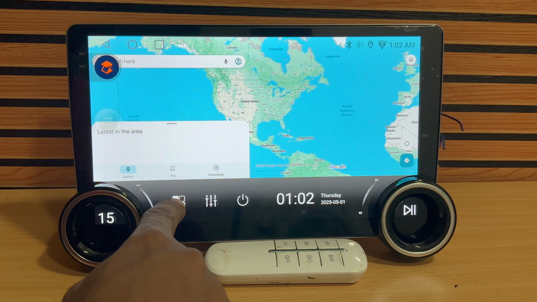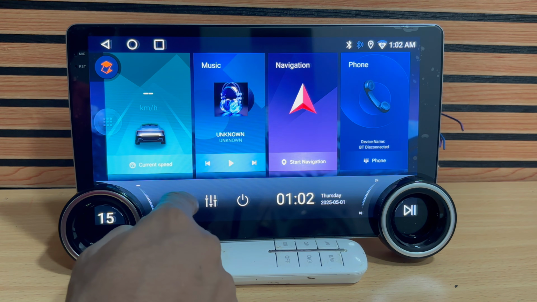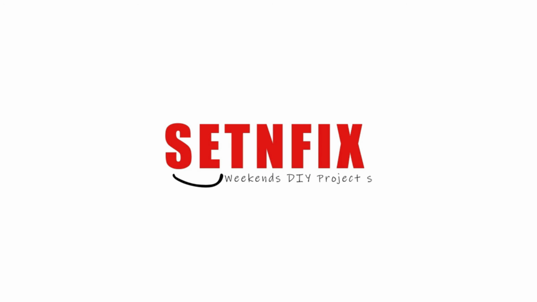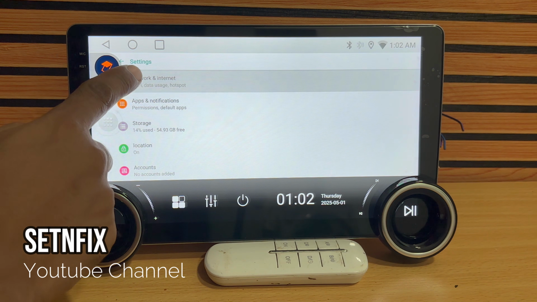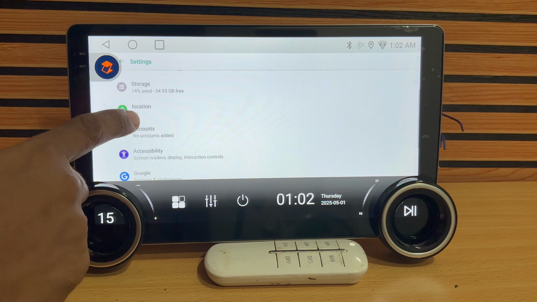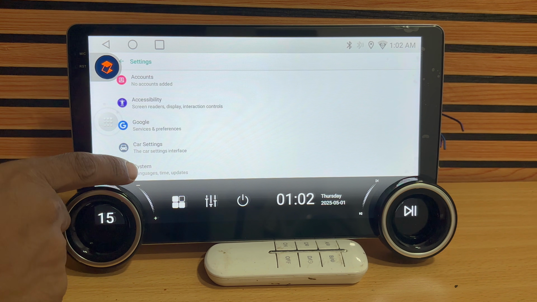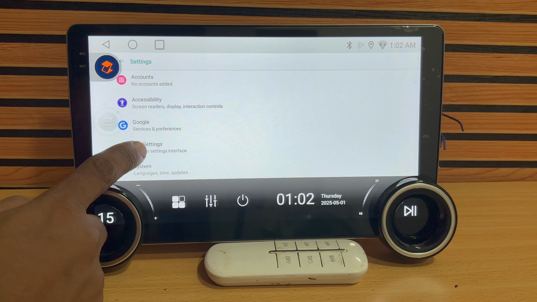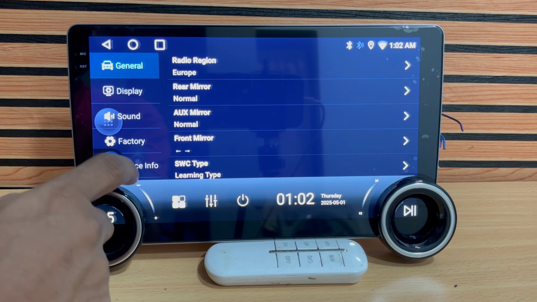In today's video, we're going to take a closer look at one of the most important parts of your car stereo system, car settings. Now, when you open the settings menu, you'll see a bunch of options like network and internet, apps and notifications, storage, location, accounts, accessibility, Google, and a few others. But today, I'm going to focus specifically on car settings, because this section really controls how your stereo interacts with